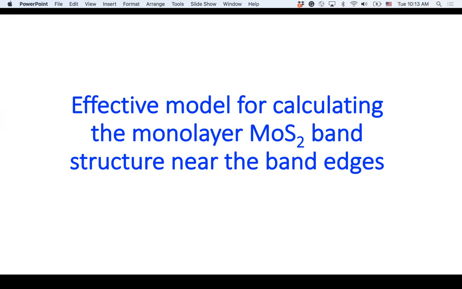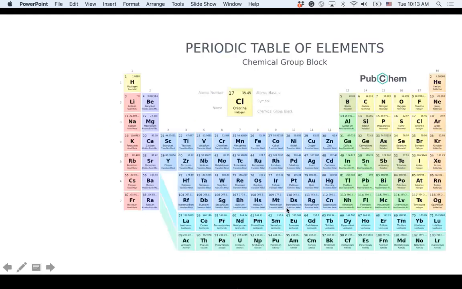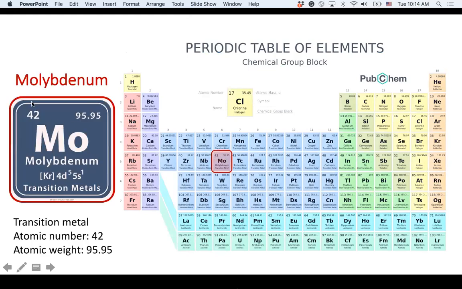So we start from something basic. First, we look at the periodic structure. In this periodic structure, where's Mo? Mo means molybdenum, as in molybdenum disulfide. So this Mo atom, if you check the information, molybdenum has an atomic number of